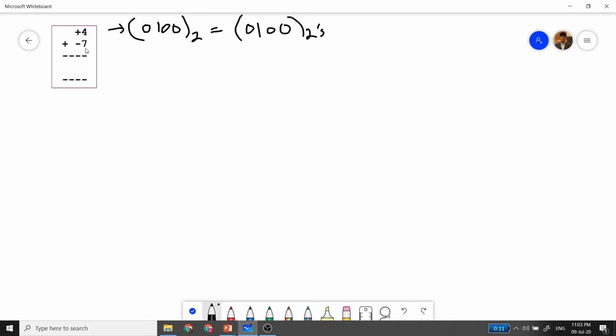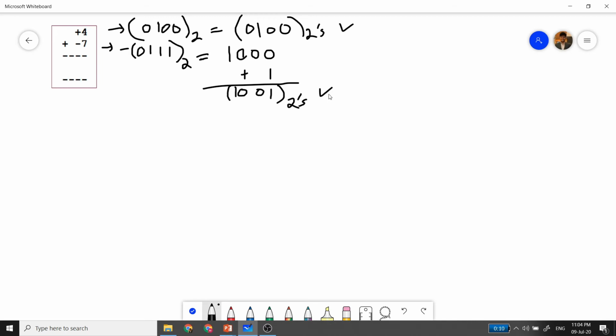This is a negative number. So first, let's convert it into the binary form. If I convert 7 to its binary form, I get 0, 1, 1, 1. As this is a negative number, to convert it to its 2's complement form, I need to perform a bit inversion first. If I do bit inversion, I will get and then add 1. This is my 2's complement form of -7. Let's add